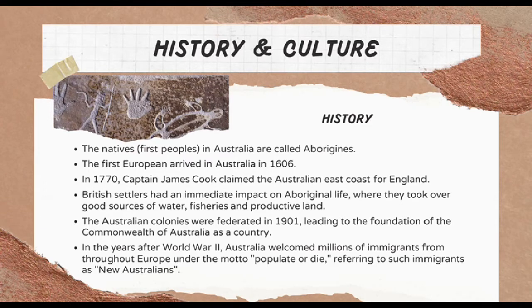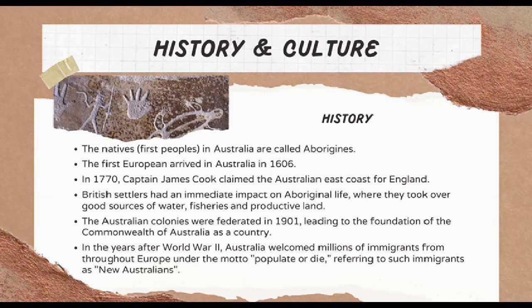After a decade of preparation, constitutional conventions and referendums, the colonies were federated on January 1, 1901, leading to the foundation of the Commonwealth of Australia as a country and the entry into effect of the Australian Constitution. Following the 1907 Imperial Conference, Australia was given the status of self-governing dominion inside the British Empire. The Statute of Westminster of 1931 formally dissolved most of Australia's constitutional ties with the United Kingdom.